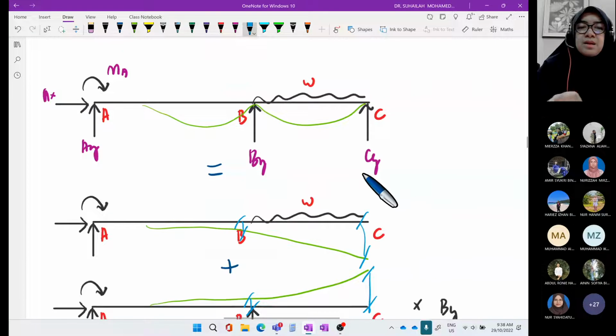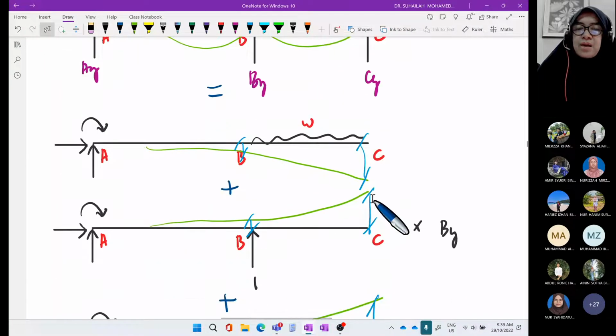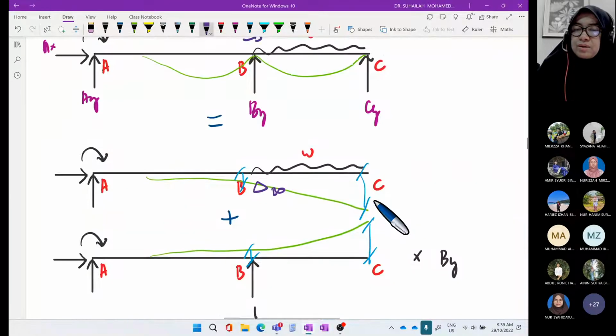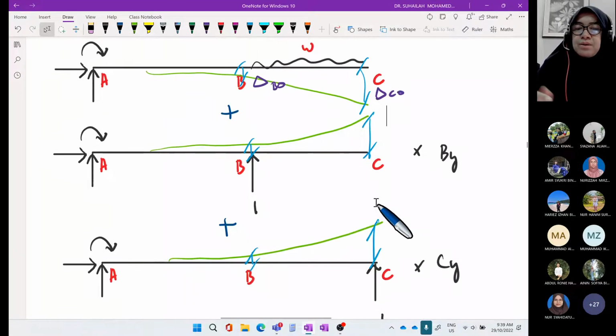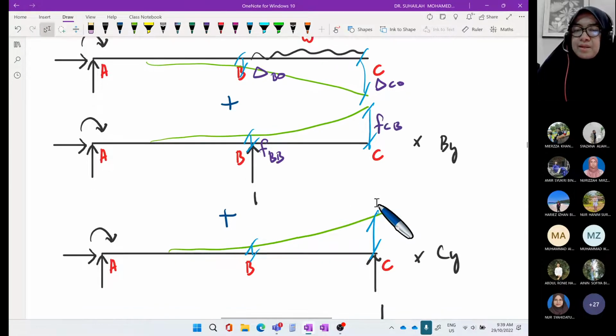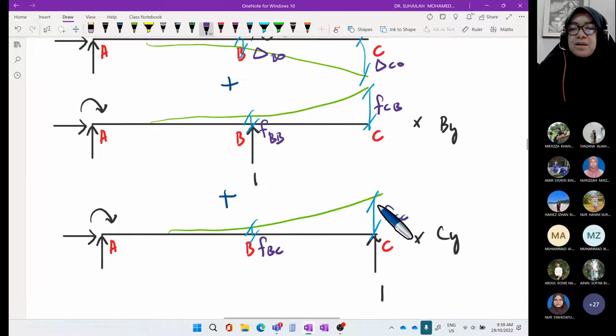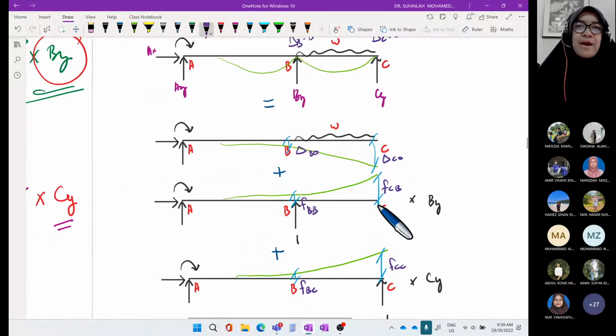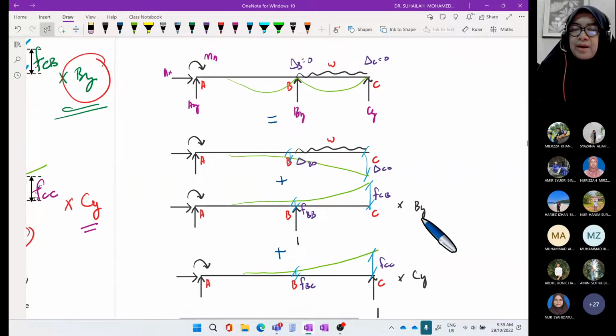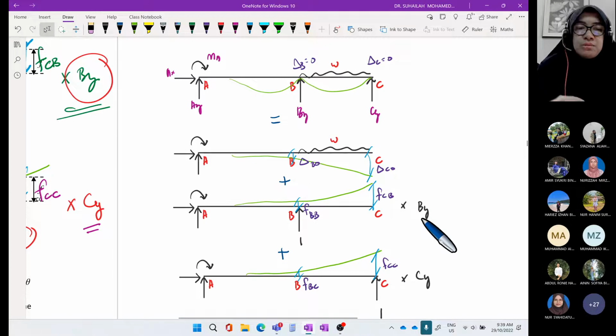Okay, of course, delta. This delta is equal to 0. This delta is equal to 0. Okay, and we have delta B naught, delta C naught, and we have FBB, FCB, and we have FBC and FCC. So by looking at these four diagrams, remember that we have two redundant